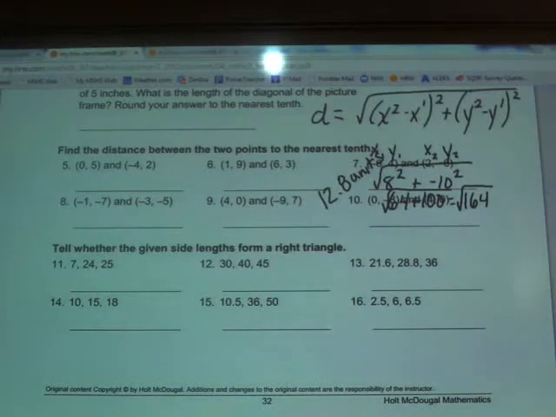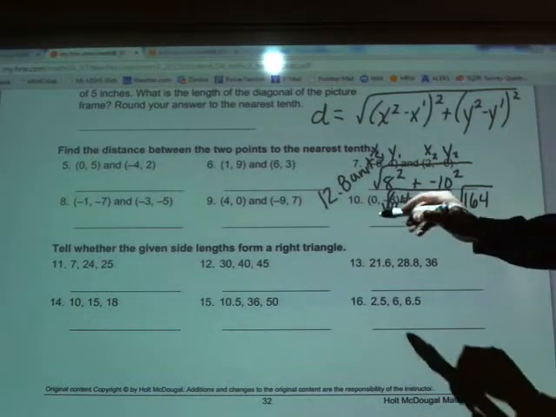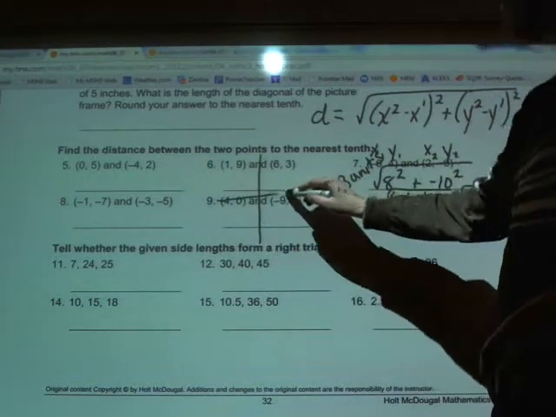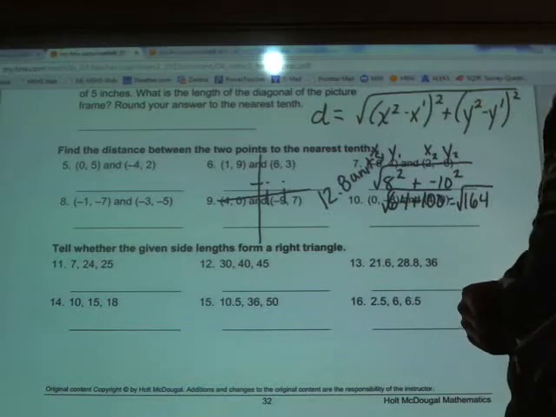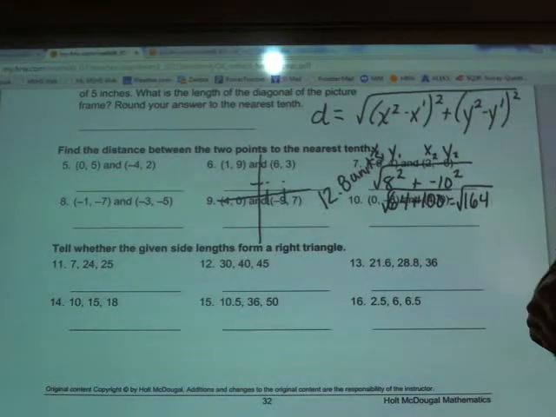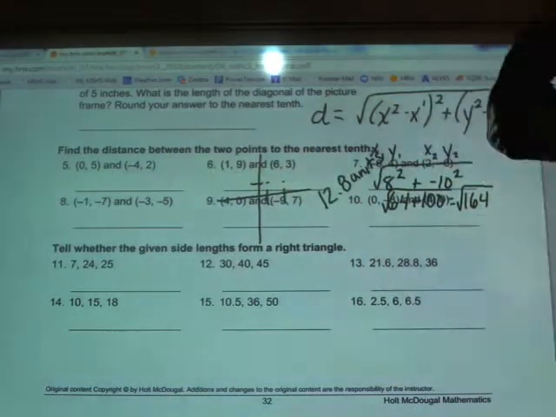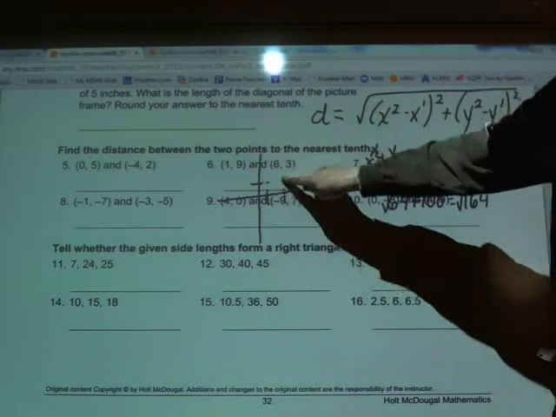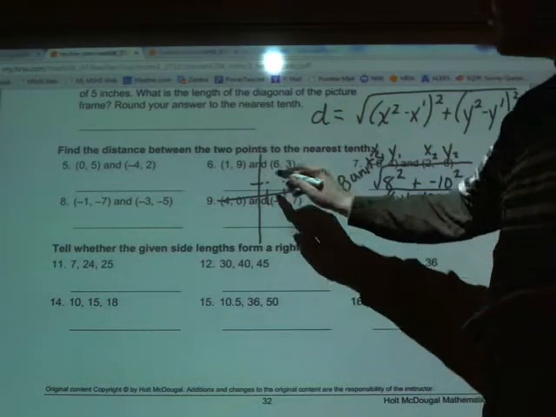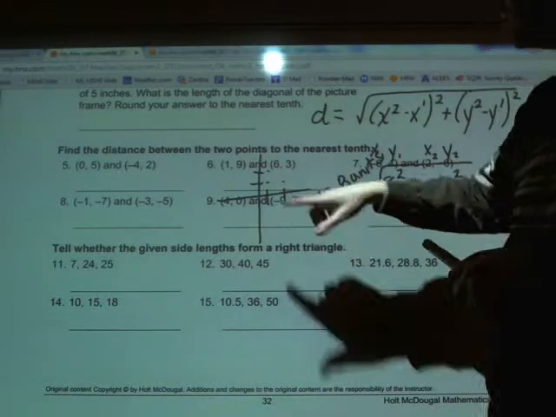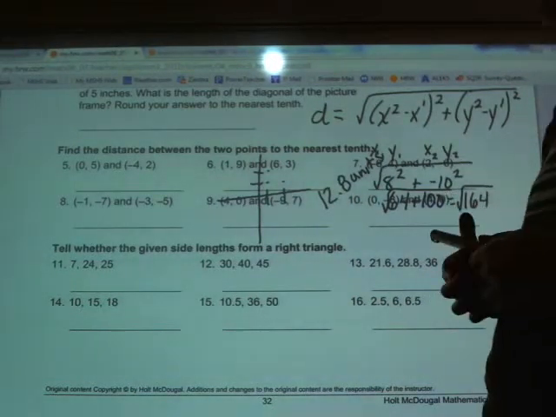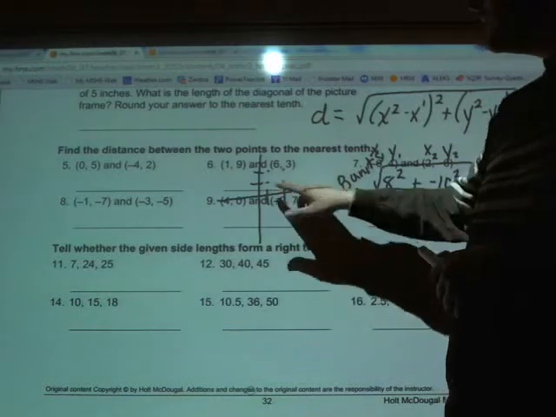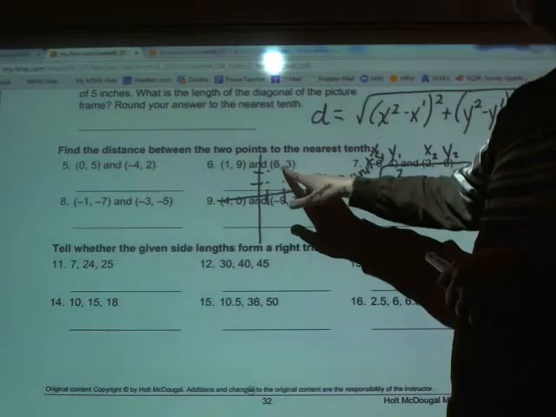Obviously, when we're talking about distances on our coordinate grid, if I give you 2 points that are just next to each other in the same orientation, in this case with the same y-coordinate, we could just count and say one jump. Or if they have the same x-coordinate, we could count and figure out how many jumps it is. But when the points are somehow in a diagonal relationship,